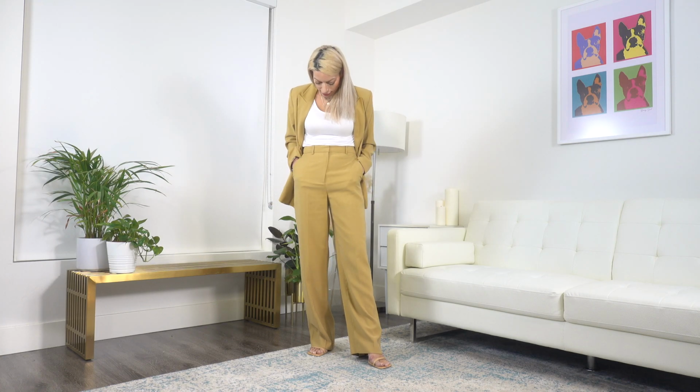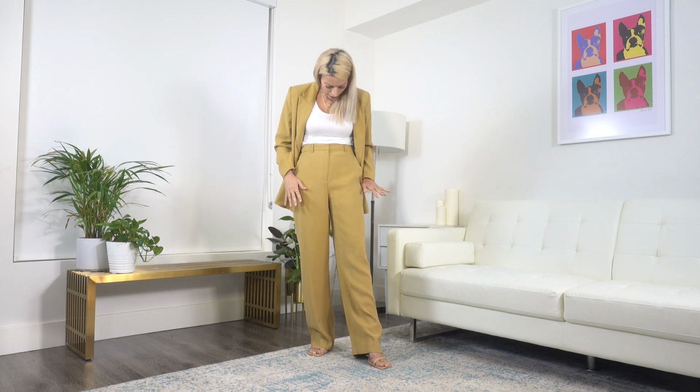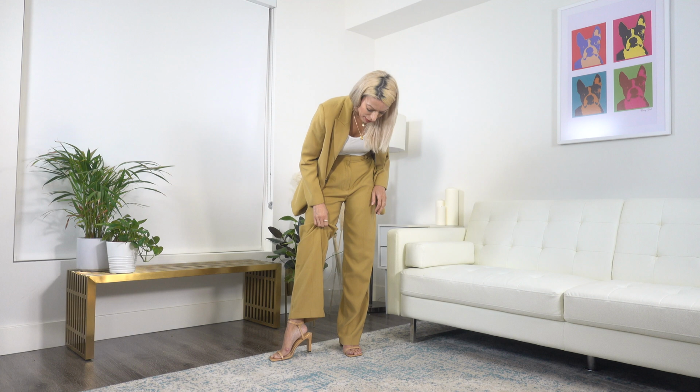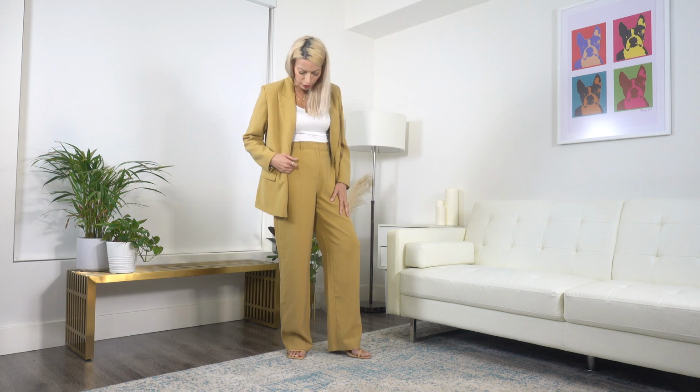My belly button comes out right around here. And I love that they have pockets here, a nice clean front, no pleating, just very nice and clean. The length is absolutely beautiful. I'm wearing some of my relatively mid-high heels there, and they brush just against the floor, so a really great